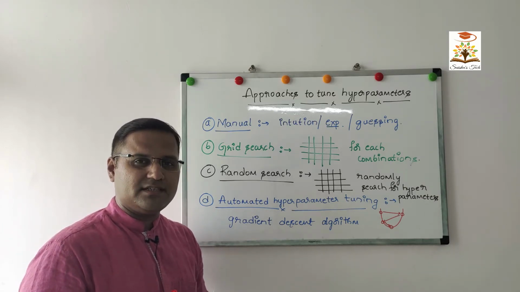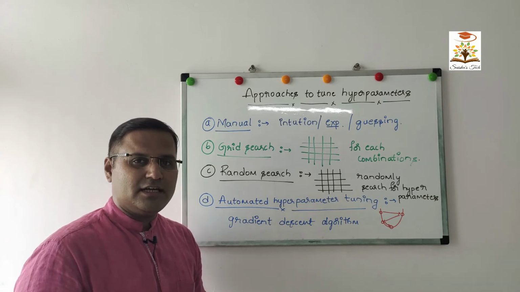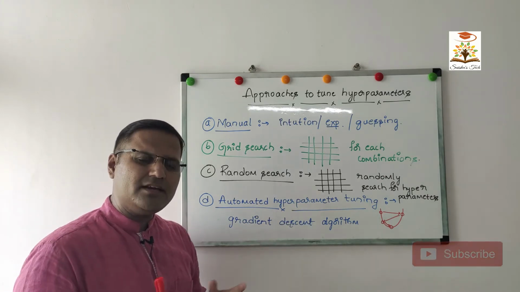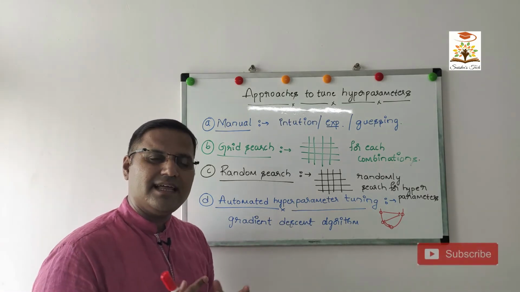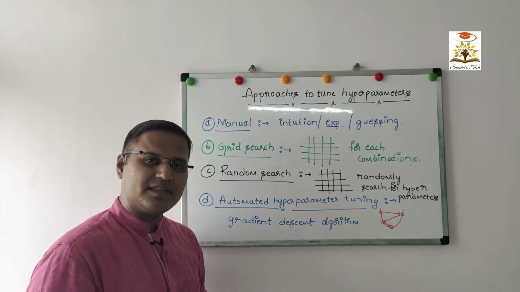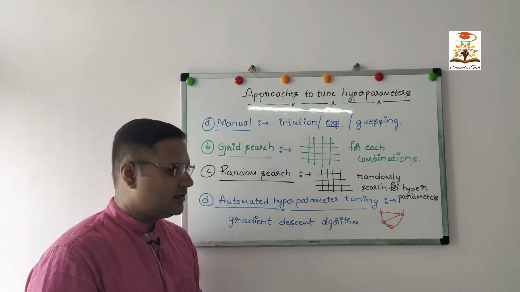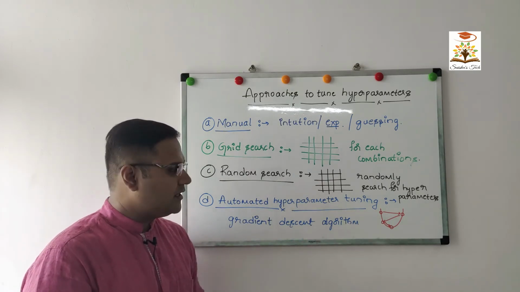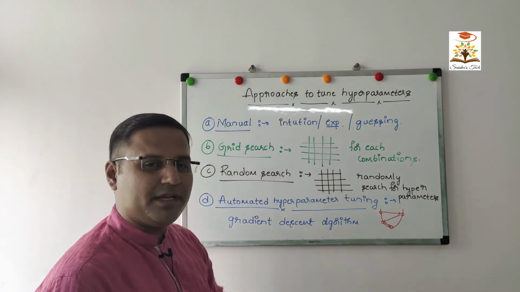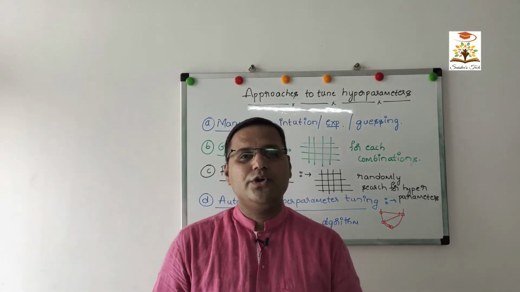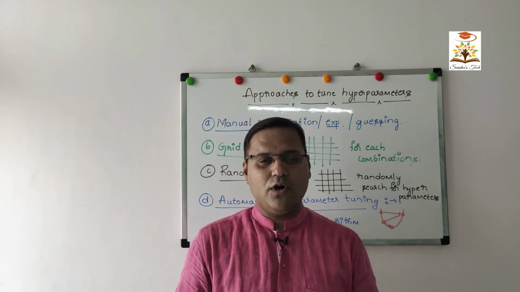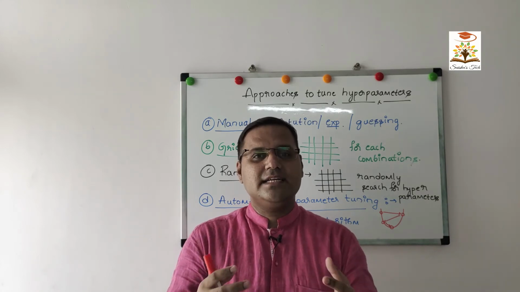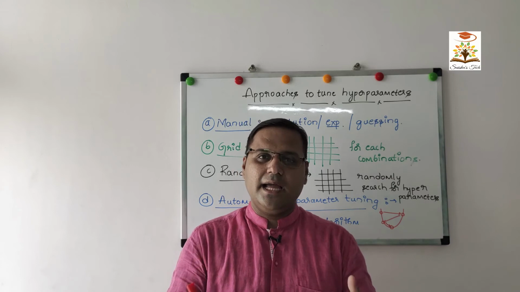The most efficient or the best hyperparameter tuning is automated hyperparameter tuning, wherein you utilize some of the algorithms like gradient descent. That is, you randomly start with one of the hyperparameter and then you tune it for achieving the global minima. This is how you tune your random forest model for highest accuracy or MAPE. Now let us dive into practical application.